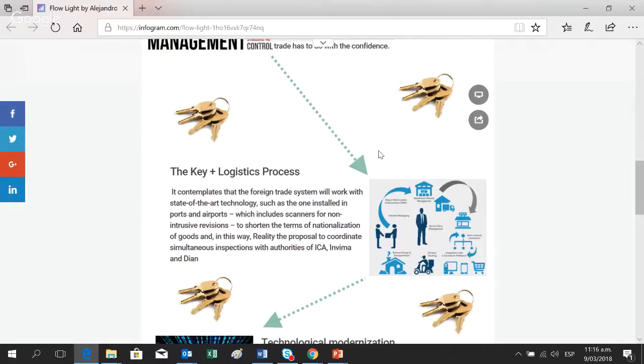Also, shorter terms of nationalization of goods, and in this way, the proposal to coordinate simultaneous inspections with authorities of ICA, INVIMA, and JAN. What does that mean? It means that for big organizations or small organizations, the time of the inspections is going to be reduced. So this gives you an effective process of supply in the clearance area of foreign trade,